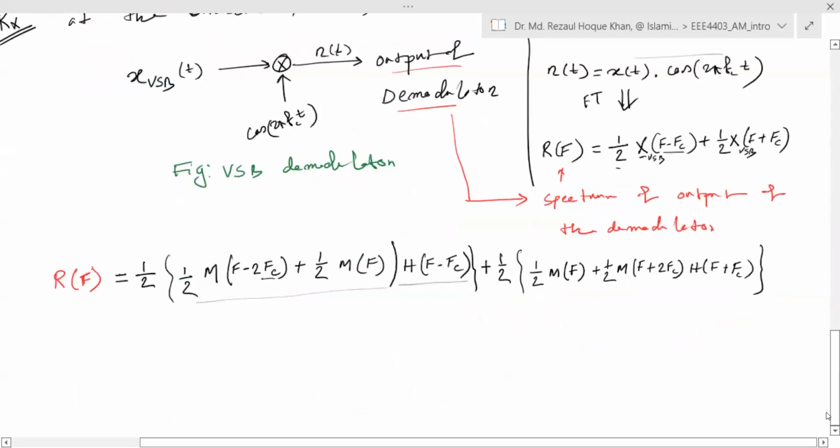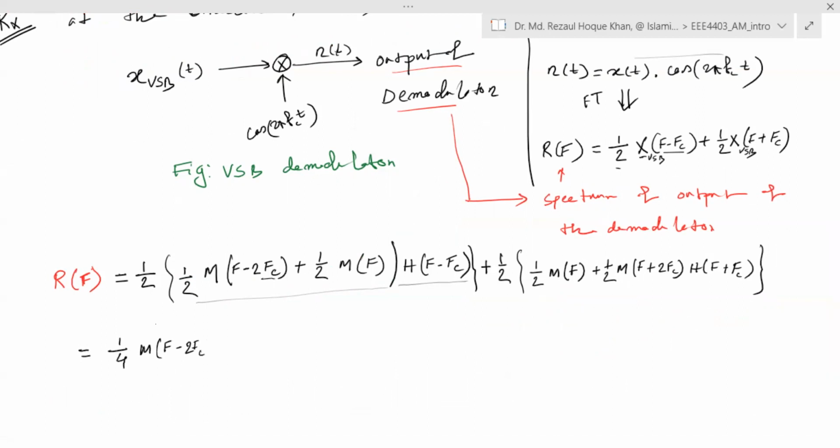Okay, so we actually write the whole one. So half becomes 1 by 4, half into half. So M F minus twice FC H F minus FC